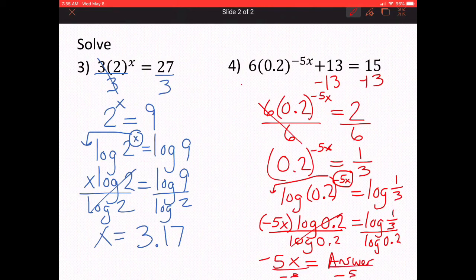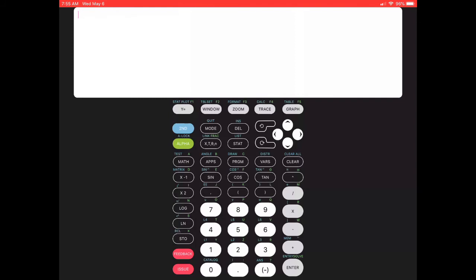So I kind of ran out of space. Put my answer over here. So I'm going to need to do log of 1/3, and I'm going to need to divide that by log of 0.2, and whatever my answer is, I'm going to need to divide that by negative 5. So I'm going to use my calculator and try not to retype anything in and just type it in this way. Okay, so I'm going to do log of, we said it was 1/3, and then I'm going to divide it by log of